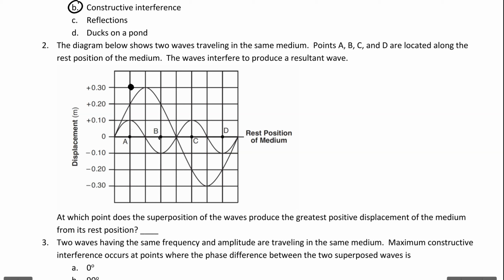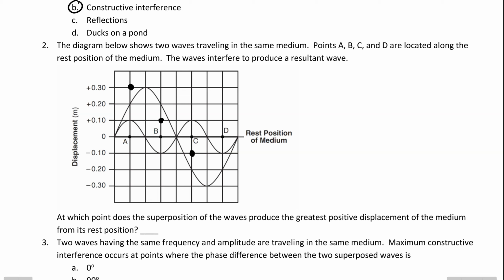So for point B, the small wave is negative 0.1, and the big wave is positive 0.2 up to this position here. So what's 0.2 plus negative 0.1? That's just going to be positive 0.1. So it's like 0.2 minus 0.1. Then for C, it's kind of the opposite. We have positive 0.1, minus negative 0.2, or minus 0.2, and you get negative 0.1.